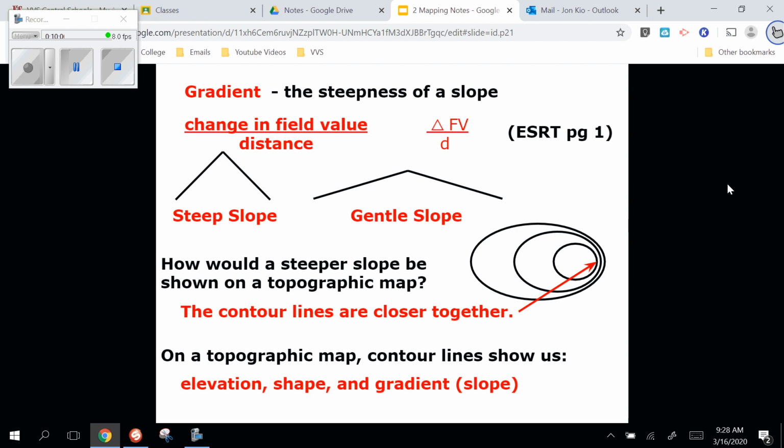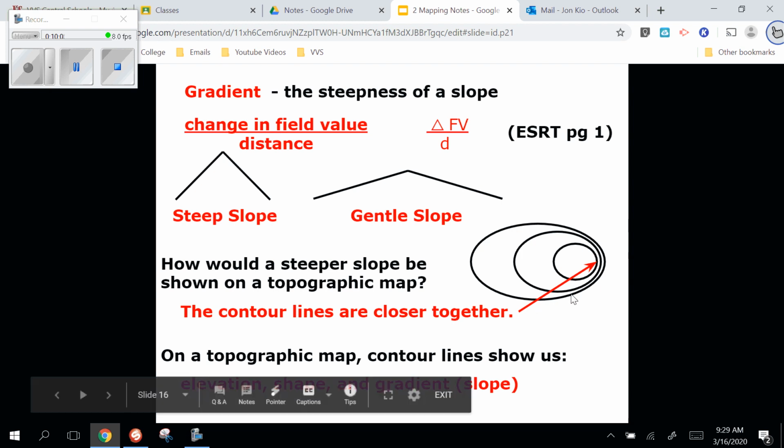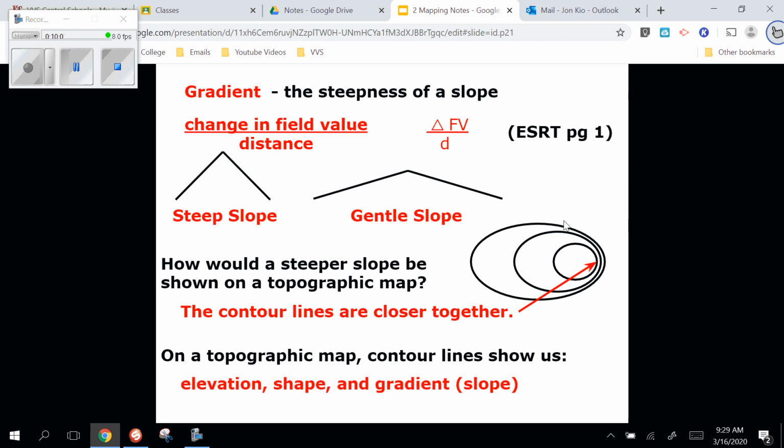All right, so what do we get from this picture when we look at it? Well, we can get the elevations because we can figure out what the lines are. There'll be something that'll tell us what the line value is worth, so we can figure out the elevation. We can see the shape of this is kind of an elongated hill. It starts here, and it goes up gradually to a peak, and then it drops down very steeply on the eastern side. So we get the shape, and we can figure out the gradient just by using this formula up here,